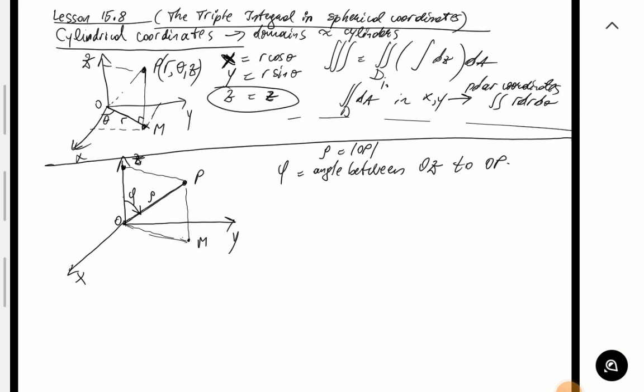Finally, the other third, remember you need three pieces of information to identify the point in space, and the third piece of information is going to be the angle measured counterclockwise from the positive semi-axis to the OM, counterclockwise if you look at it from above, right? So that extra angle is going to be theta, which is just like the polar angle from before. So in a nutshell, you're going to have three pieces of information: the distance from the origin to the point P,